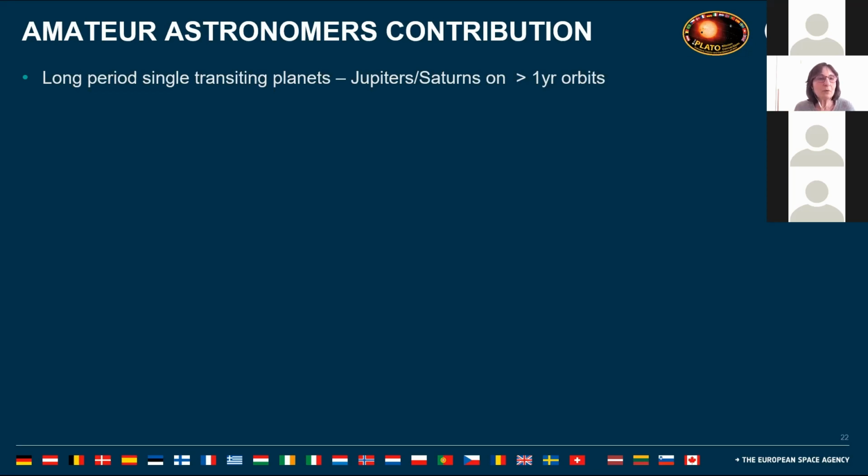Then another interesting point is the long period single transiting planets. I've seen that in TESS, they are also doing this exercise. The conference that I attended last week was the case. It means that we will have, of course, very clear transits, because PLATO is very precise, of big planets, but we will see only one transit. With this transit, we may be able to have an idea of when the planet comes back, but of course with large uncertainties. That's why it will be difficult to follow this up with professional observatories, but clearly with smaller observatories and with observatories of the amateur astronomy community, this will be very appreciated